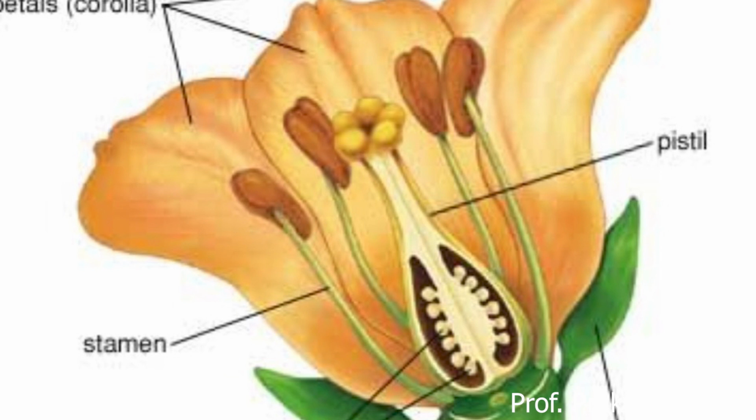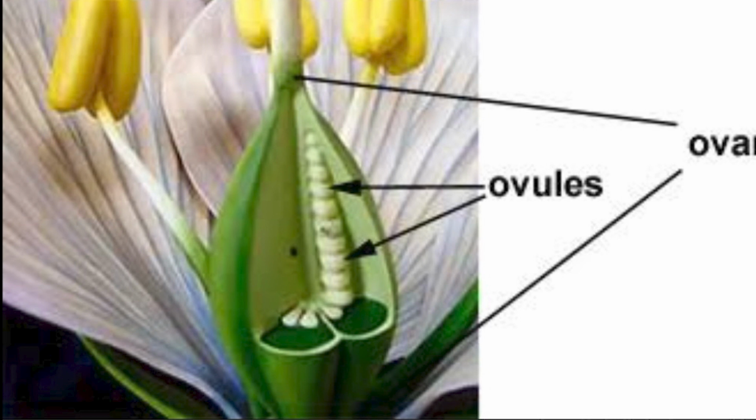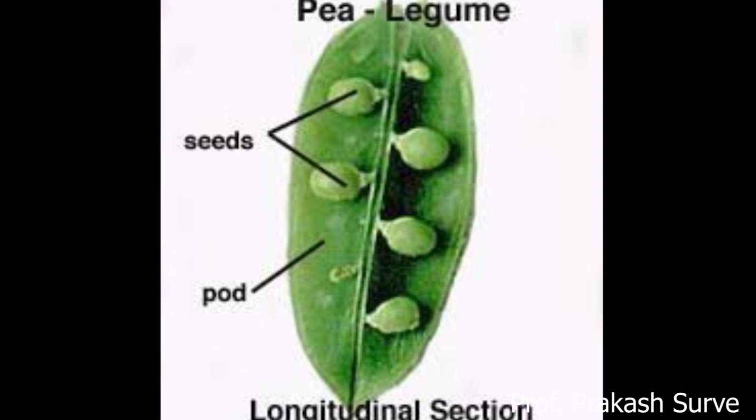Now in this, the longitudinal section is taken. Inside the ovary, we can watch the number of ovules which are attached to the axis. Here also you can watch the ovules, and how the ovules are attached to the main placenta, the central axis of the flower. Here the ovule converts to form the seed. So this is about the pea seed. Pea fruit is there, in which you can observe how the seeds are attached to the main placenta.